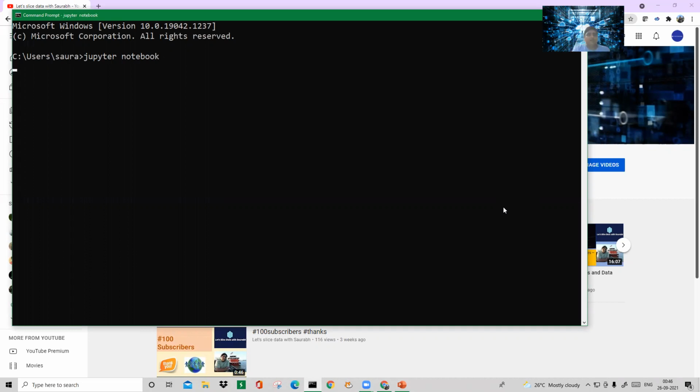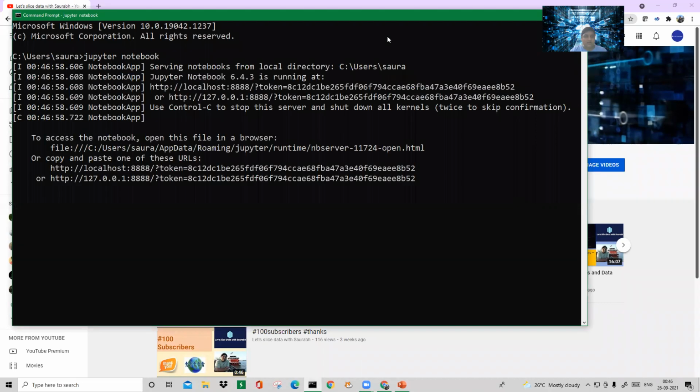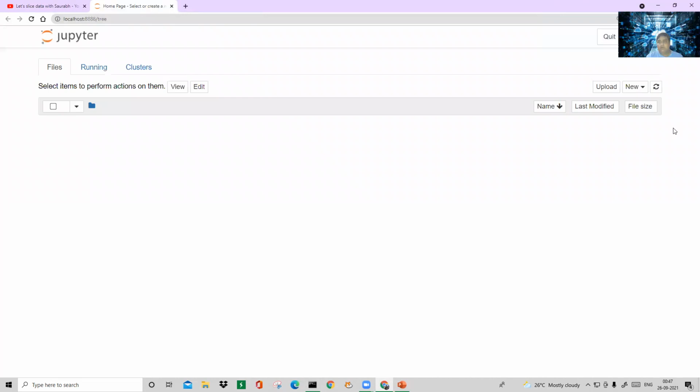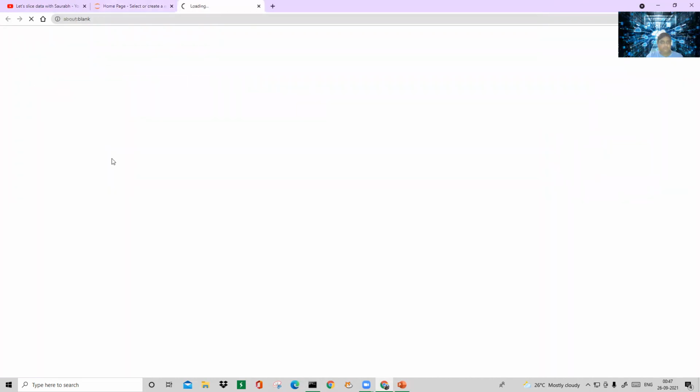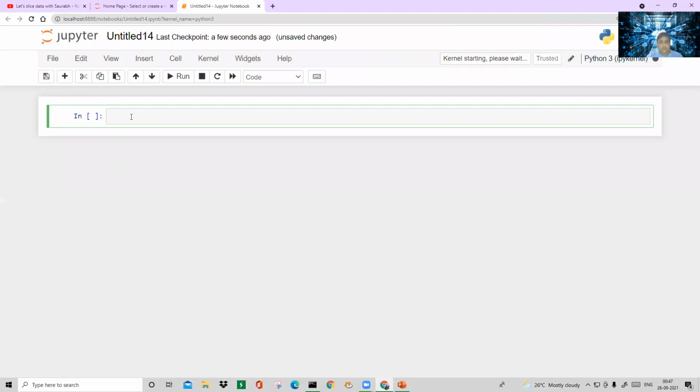So let's say I have run this Jupyter notebook, and we will go there and see what kind of problem we will face if we do not install a library into this command prompt. Let's say we reach here, the new Jupyter notebook. I will open it and go to a new notebook here. Guys, don't worry if you do not understand anything here. Import pandas as